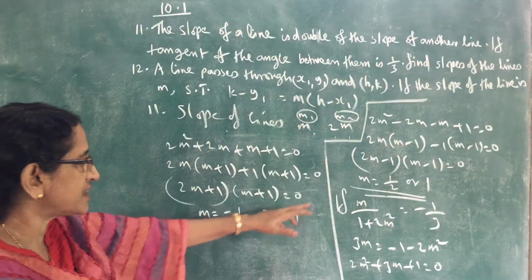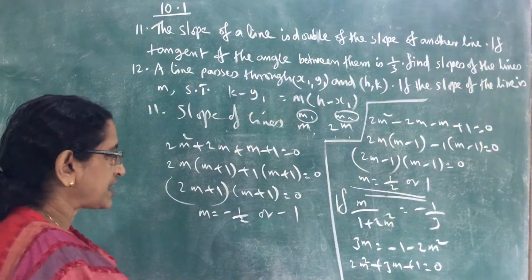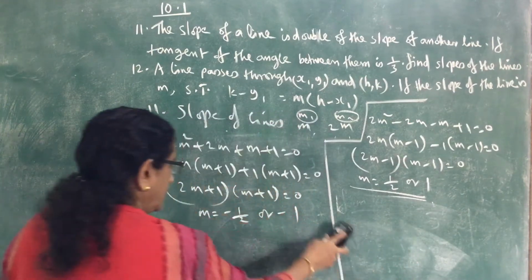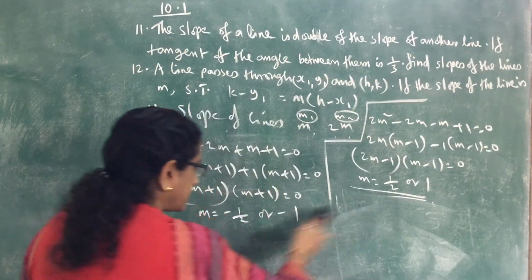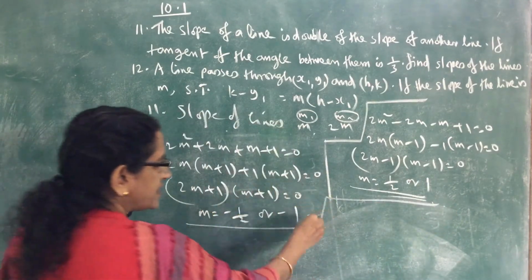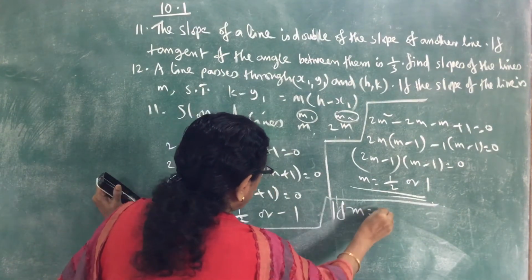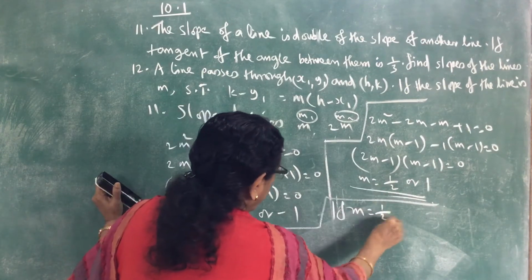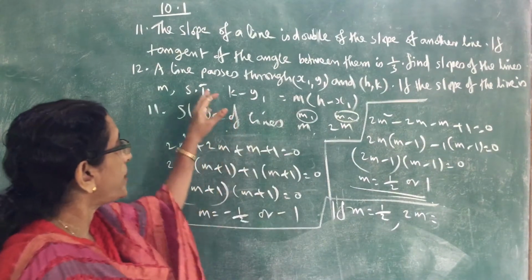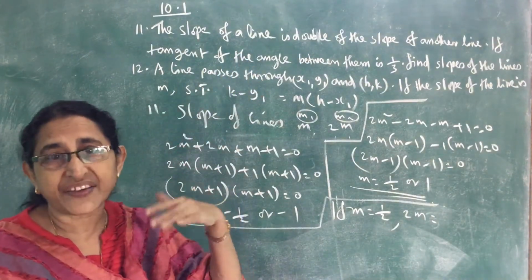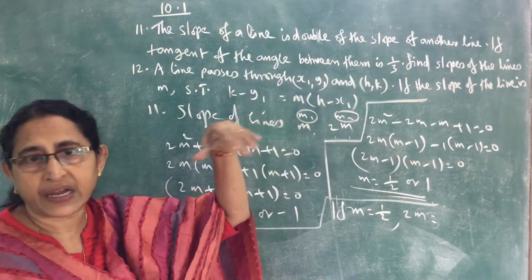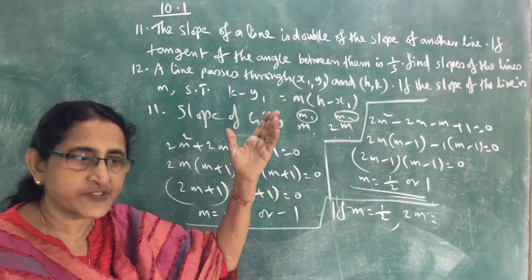So first consider this case. So what are the slopes? Last we can consider these two, all the cases. So we can write, consider each case. If m equal to, first we got half. If m equal to half, what is 2m, the slope of the other line? See, the slopes of the lines we are considering are m and 2m because one slope is double of the other. So m and 2m are the slopes of the lines.